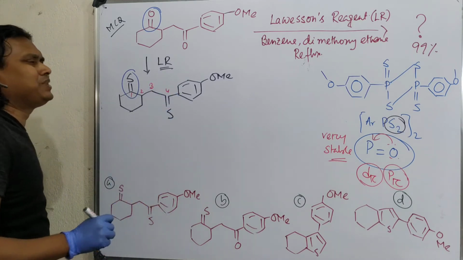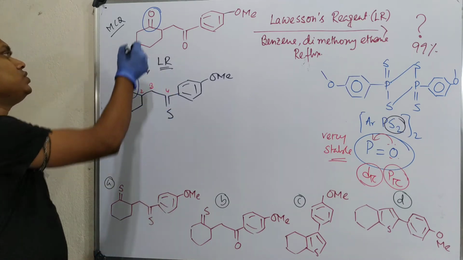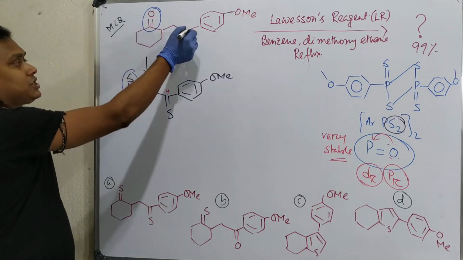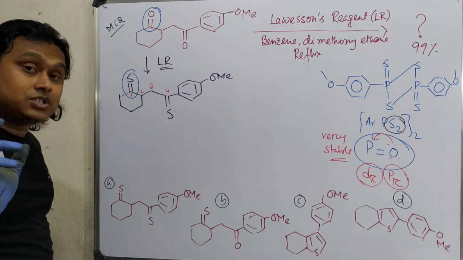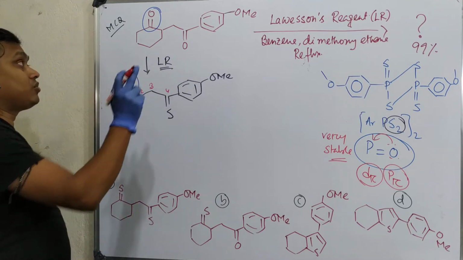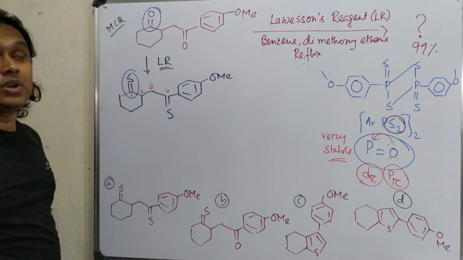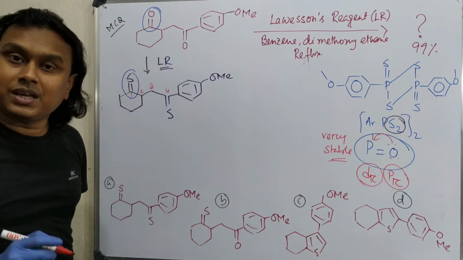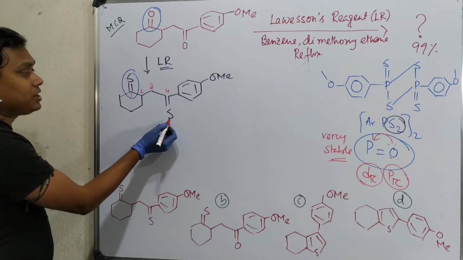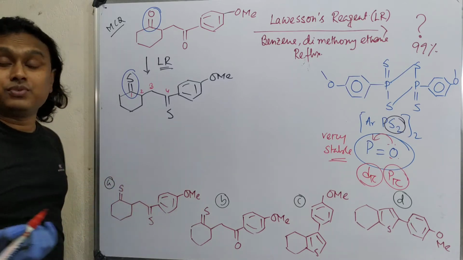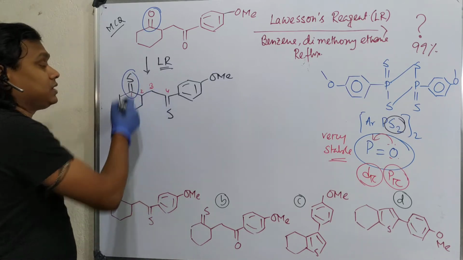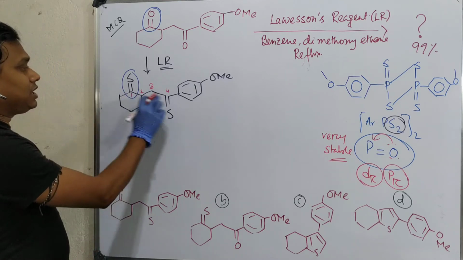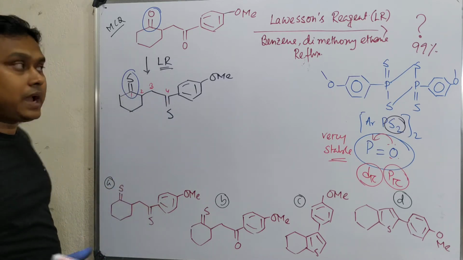By the way, you can ask why, sir, you have converted O into S. If you do the reaction directly on this, under strongly acidic condition this is possible, and in this case this 1,4 parent one results in furan. But here I have already replaced the oxygen which could have participated with sulfur, so furan formation is not possible.